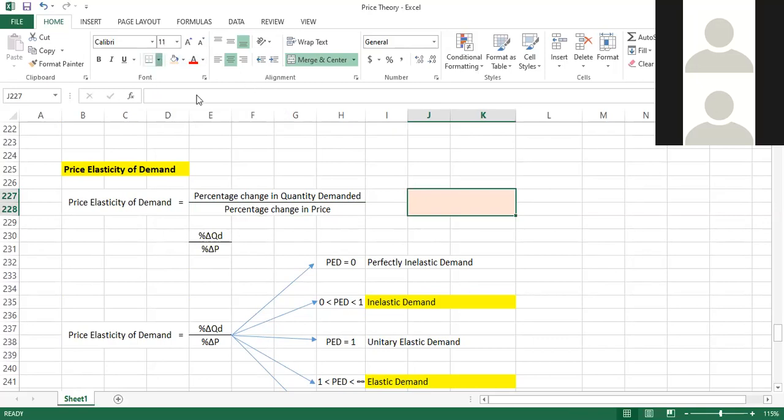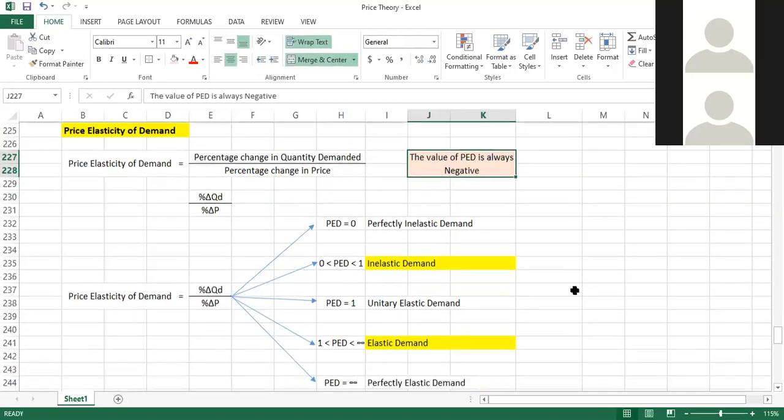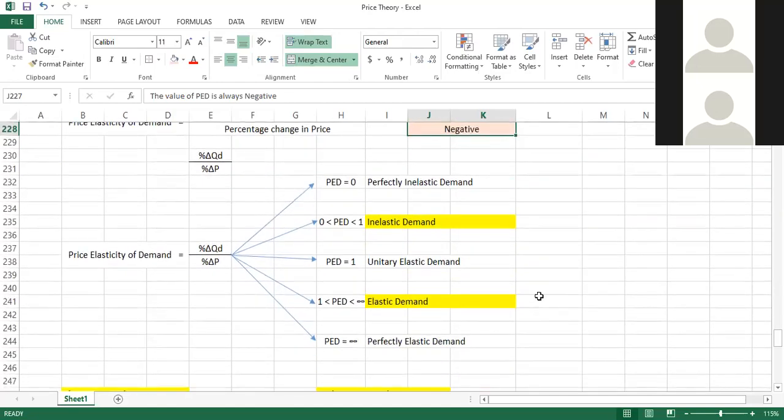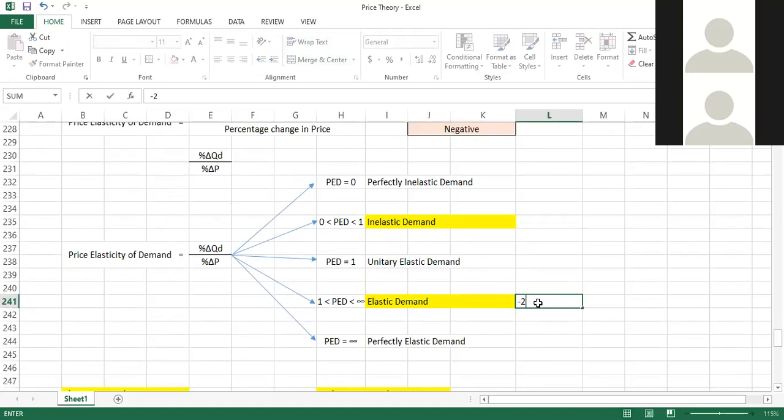Why? Because there is an inverse relationship between price and quantity demand. If the price increases, quantity demand decreases. If the price decreases, quantity demand increases. Therefore, the value of PED is always negative. There is a negative relationship between price and quantity. So if we get the answer as -2,